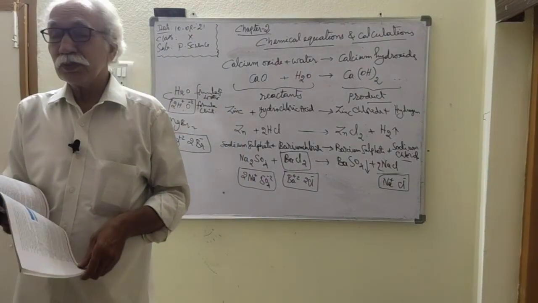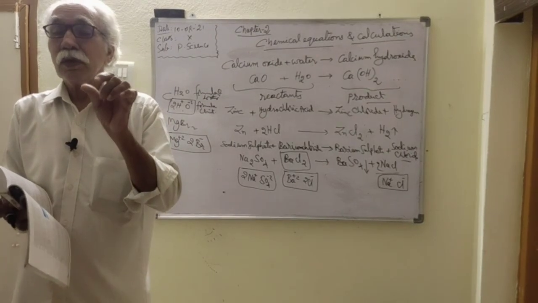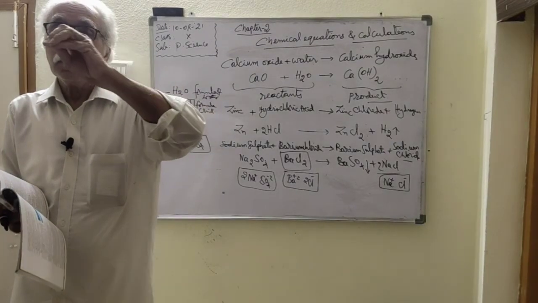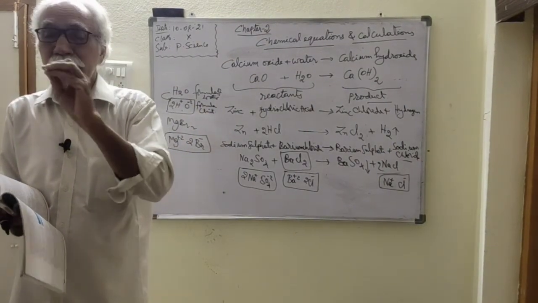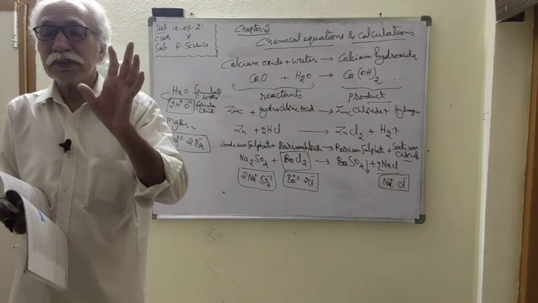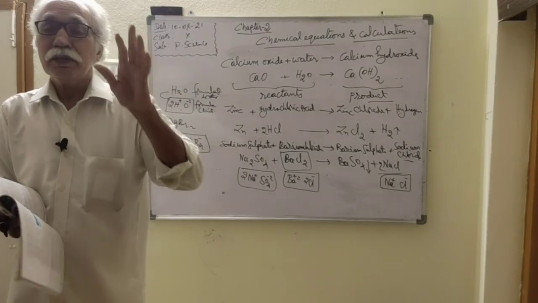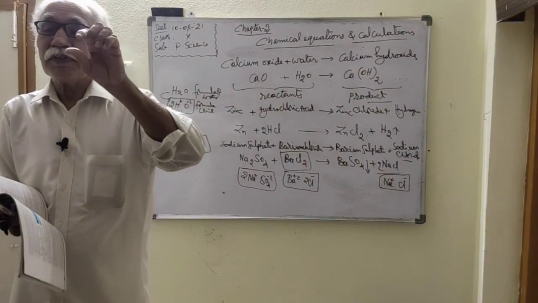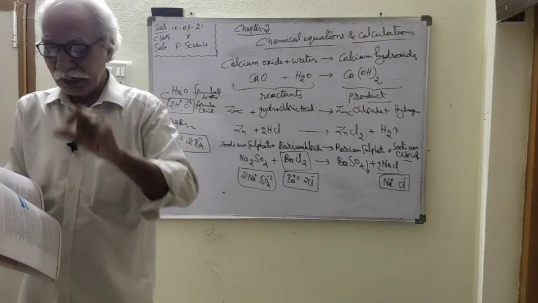What is the third step? We should always make the simplest coefficient ratio, means all coefficient numbers should be divided with a common number to get a simple ratio. If the coefficient numbers cannot be divided with a common number, then there is no need to divide. We should take the numbers given in the balanced equation as they are. That ratio itself is the simplest ratio.